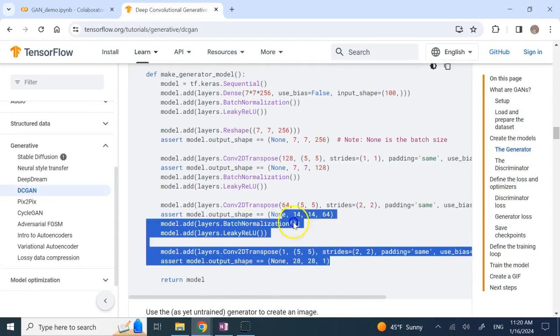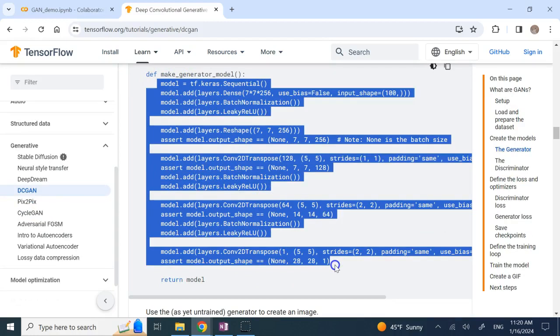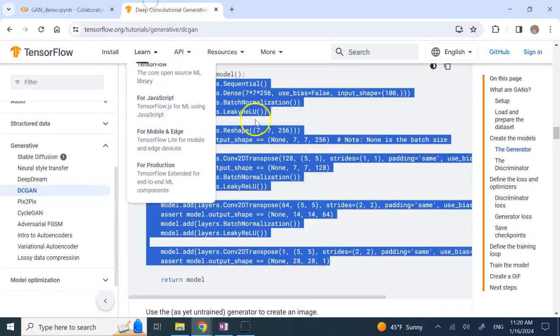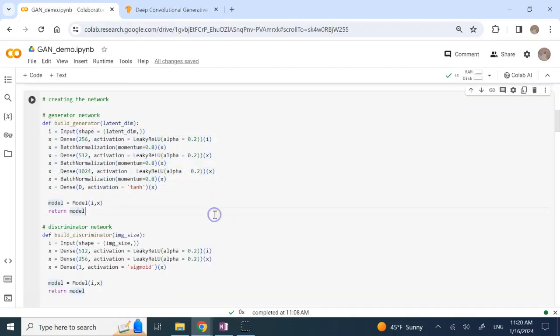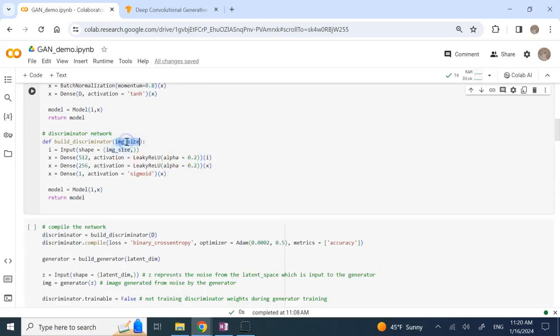And here you see that the generator network is made with a lot more layers than the code I have over here. There are a lot more dense layers, there are reshape layers, there are deconvolution layers, and so on. So this is a simpler network compared to what you see here in this documentation. Feel free to use this part here. Remember, the types of the layers that you use and all of these hyperparameters, the number of neurons, these are all under your control. And then for the discriminator, what you need is to give it the size of the image,